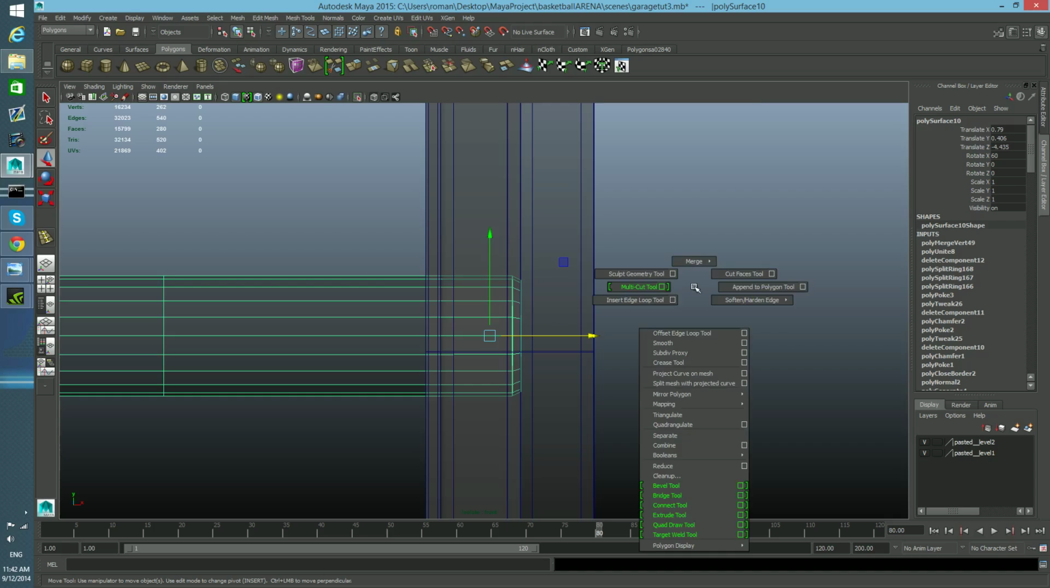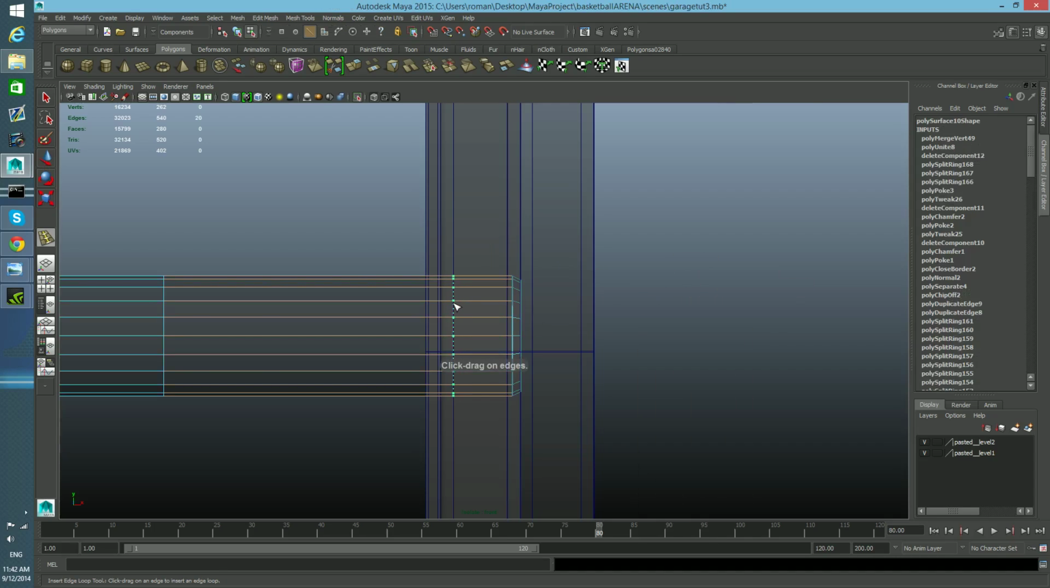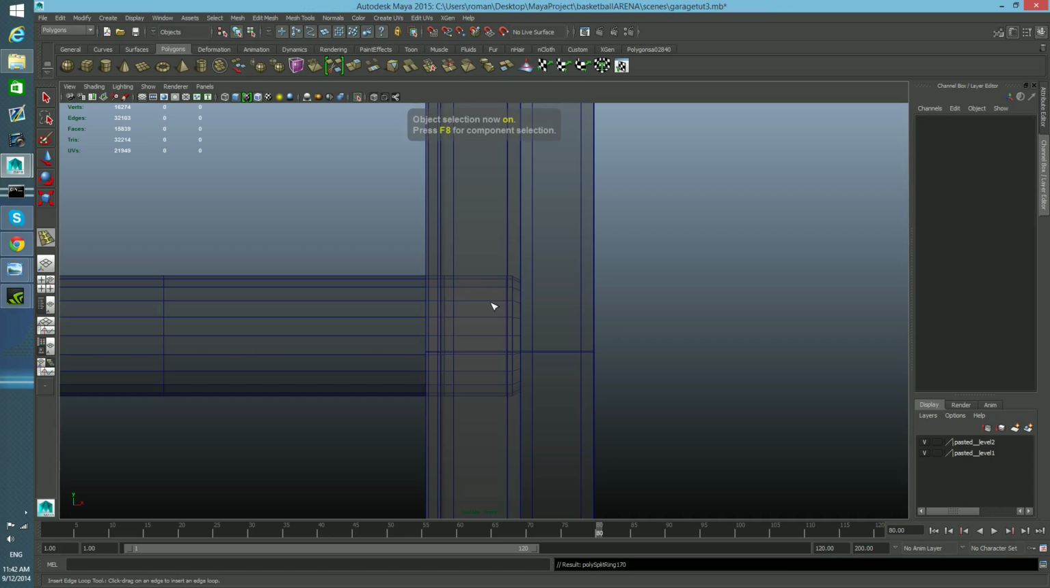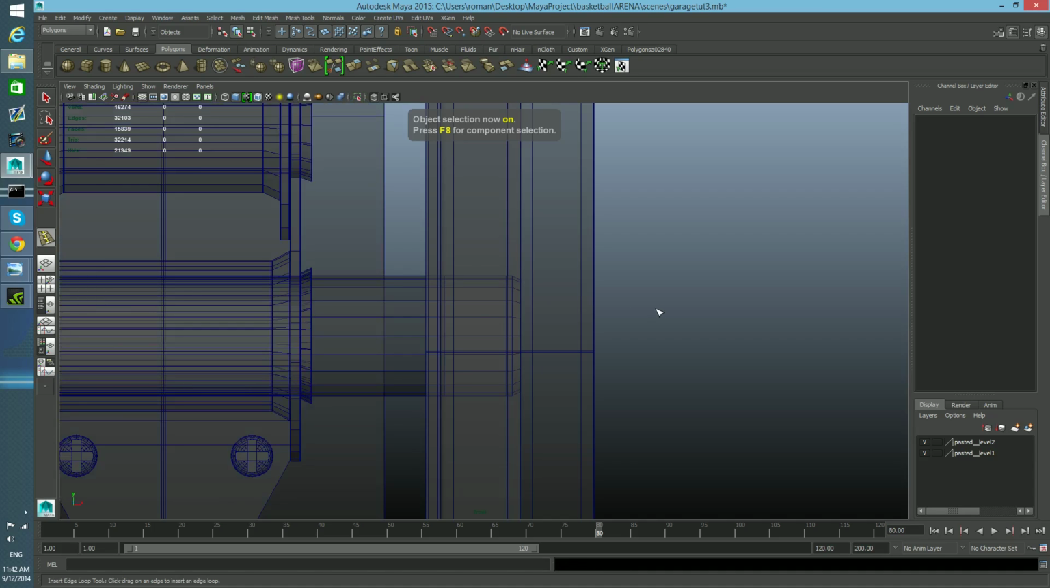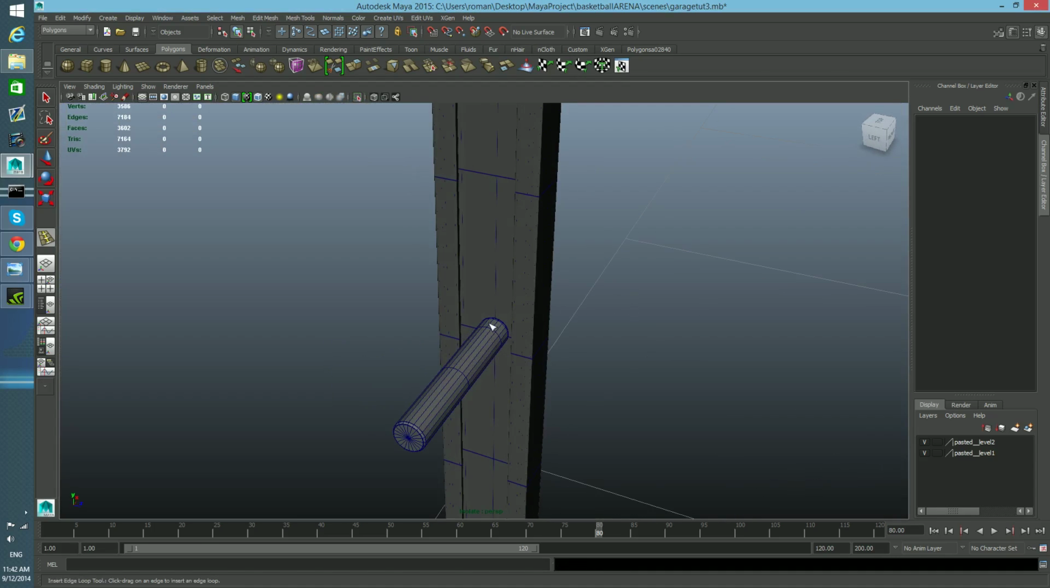So you want to get shift right click, insert edge loop. You want to add one edge loop about here. And one more edge loop. Sorry. Undo that. One more edge loop about here. Okay. So now if you press F8, bring it back to object mode, unisolate, switch back to perspective view, you